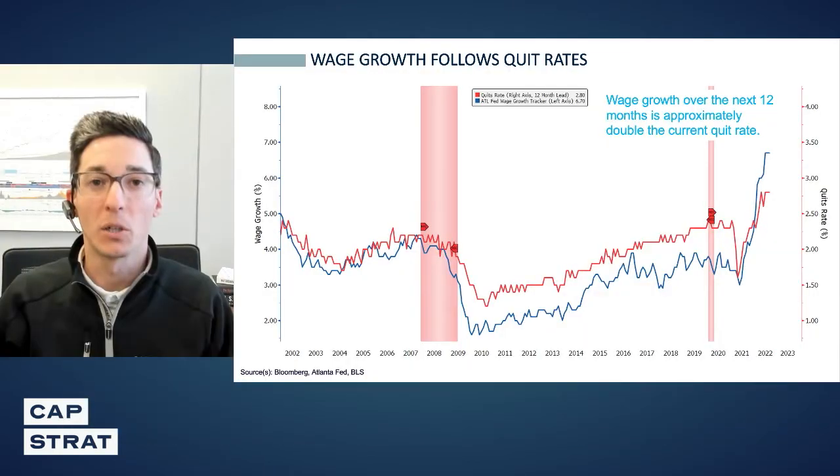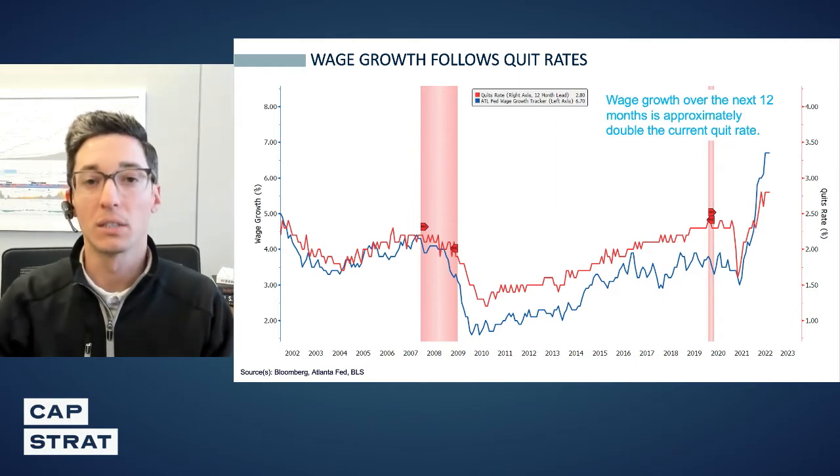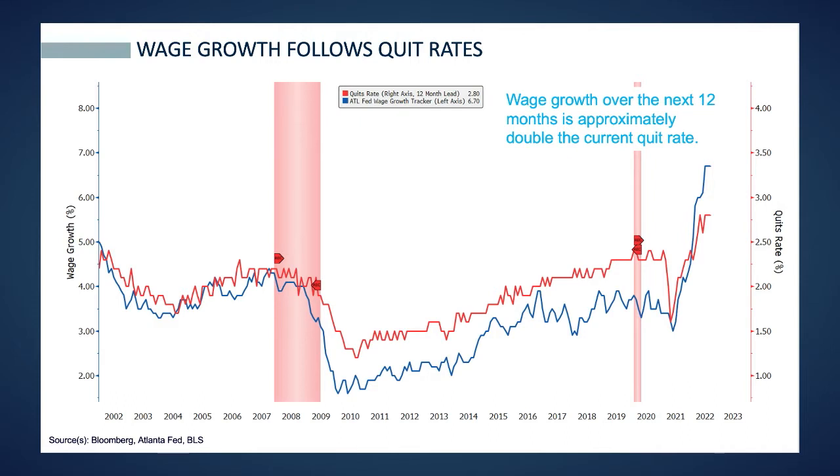On the next slide, we look at the relationship between labor market tightness and inflation, which speaks to the price stability side of the Fed's mandate. What you'll see here is we're plotting quit rates, shown in red. Quit rates are one of the best leading indicators of the tightness of the labor market. If folks out in the economy are willing to quit their job and go find another job, and they can do that easily, so a high quit rate, this is an employee's job market. It implies that there is a shortage of labor.